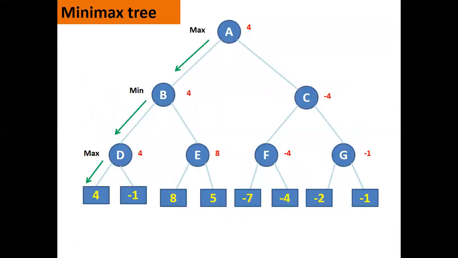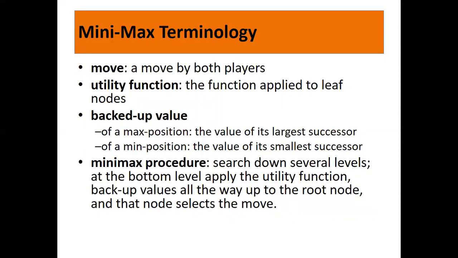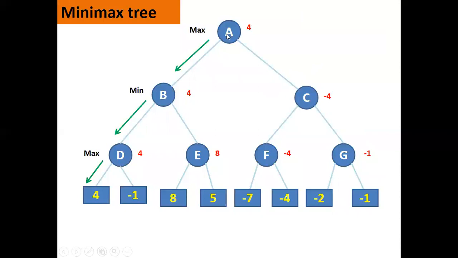Fine. Let us look at it in a bit with a simple example. This is my min-max tree, right? And I have two players, Max and Min. These are my utility values that indicate the score a player will get once he chooses this path or this path. Positive value means winning a game, negative means losing a game.